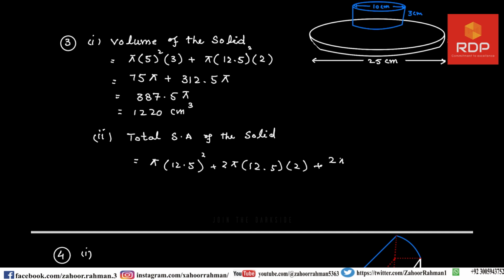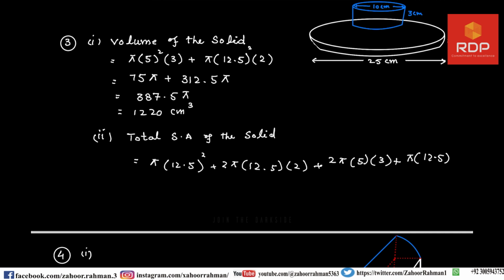So 2 pi, which is the circumference, 2 pi into 5 into 3, and then the third one is pi